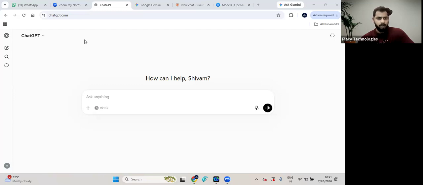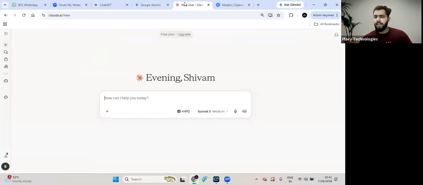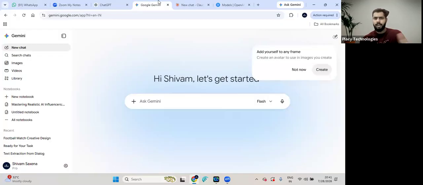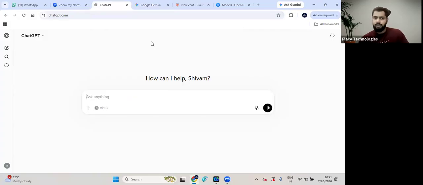Sir, I have not logged in. No issues, no issues. We will be discussing this. Right now, I have just showcased these tools for reference purposes in order to explain what an LLM, a large language model, is. Right now, we are not discussing on a very detailed level. We are just discussing on a very normal level, on a surface level, that these are large language models, right?